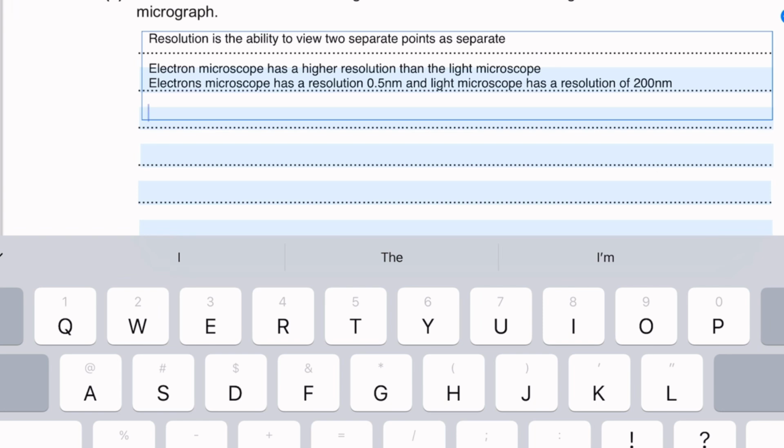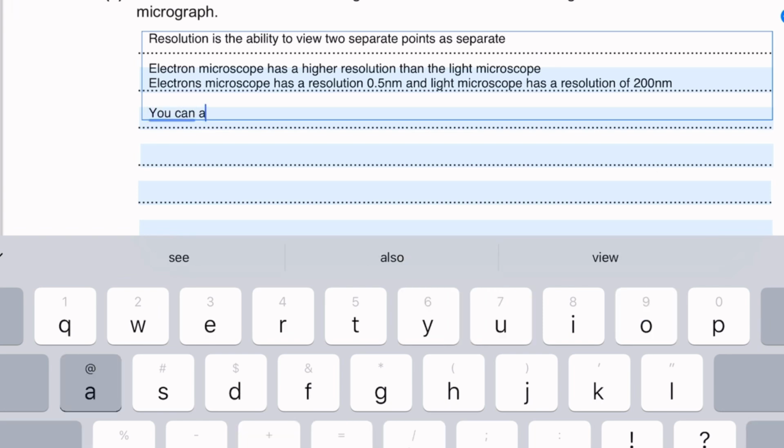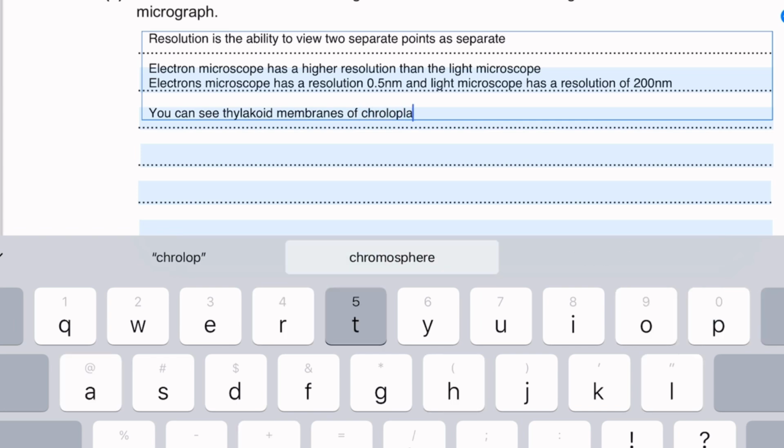Also that you can see thylakoid membranes of chloroplast, which are obviously, okay, excuse any spelling errors, but you can't do this in your exam. I'm just typing really fast. So membranes of chloroplast